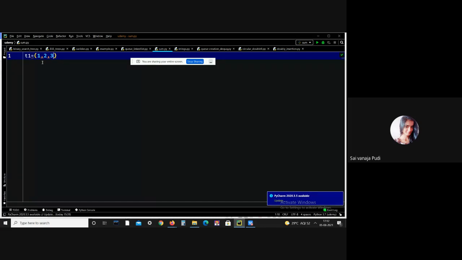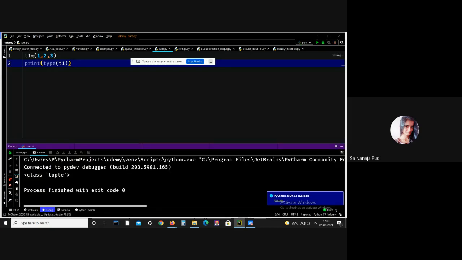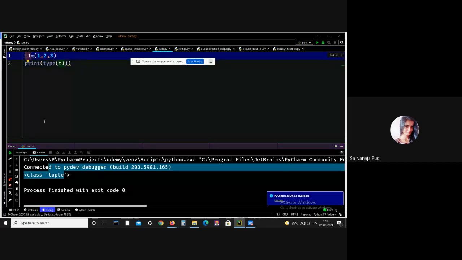Let me print the type of this t1. See, we got the output, class tuple, meaning this sequence t1 is a tuple.